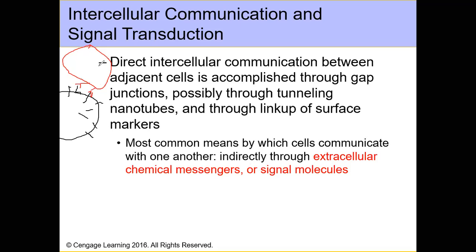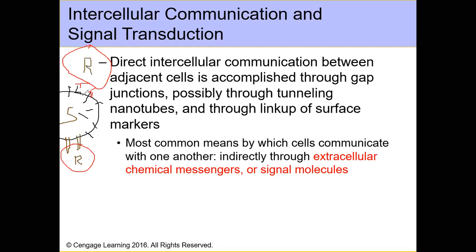Then this one will talk of what kind of communication it is. So it could either be through the gap junctions. So I can draw a gap junction here. So you can have gap junctions which allow direct communication, or you can have the surface markers which allow direct contact and therefore initiating. So this is the signaling cell, and this is the receptor in case of the gap junction, and this is the receptor in case of the